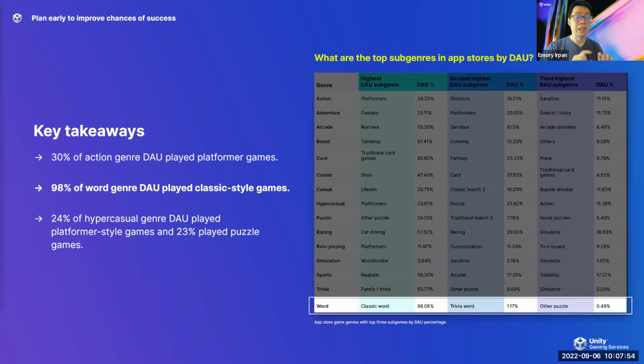Unsurprisingly, this genre had the least amount of diversity, with 98% of word game players playing the classic variety of word games. That's not to say that there isn't a ton of diversity in games here, but the players in general who are playing word games are really gravitating towards that tried and true kind of experience. It's also worth noting that many word games could be seen as a subset of puzzle games already, but because the iOS and Google Play stores have already taken a step of breaking them out, a lot of the homogenization lies in one genre, which is the classic word game.